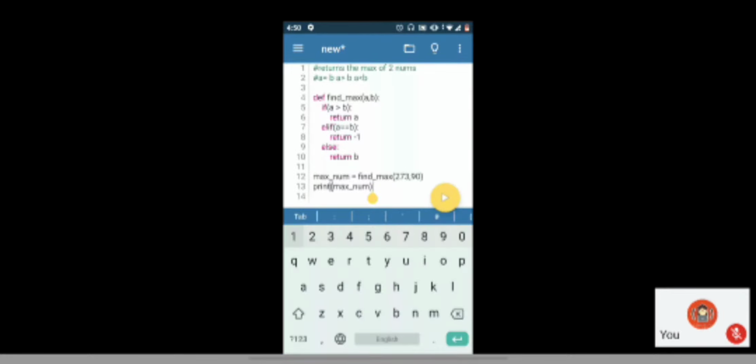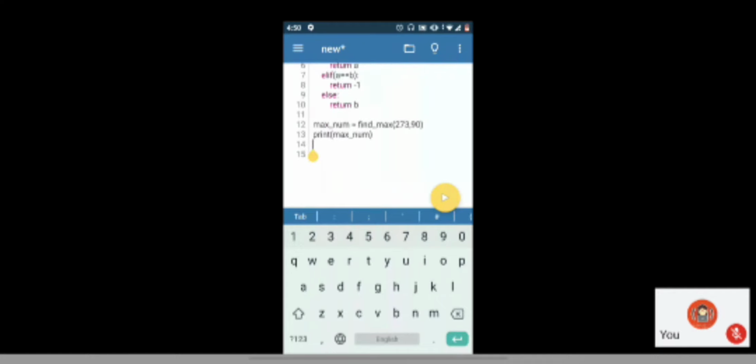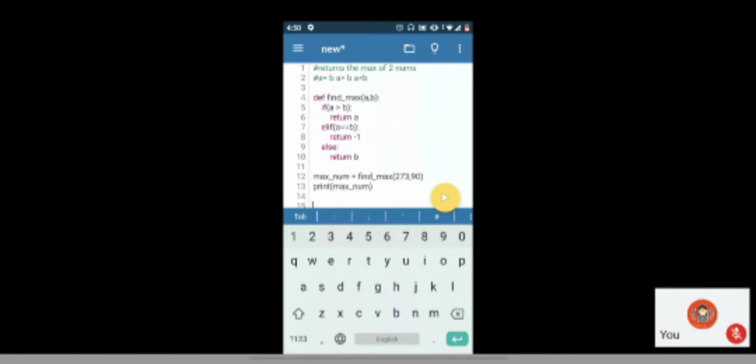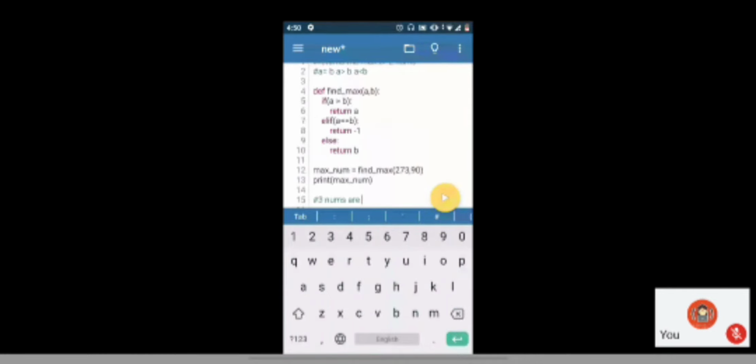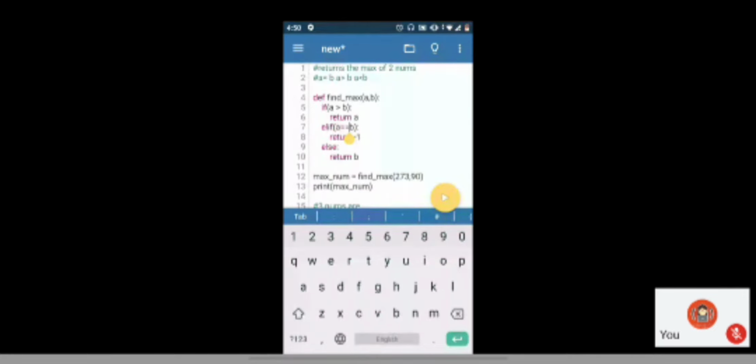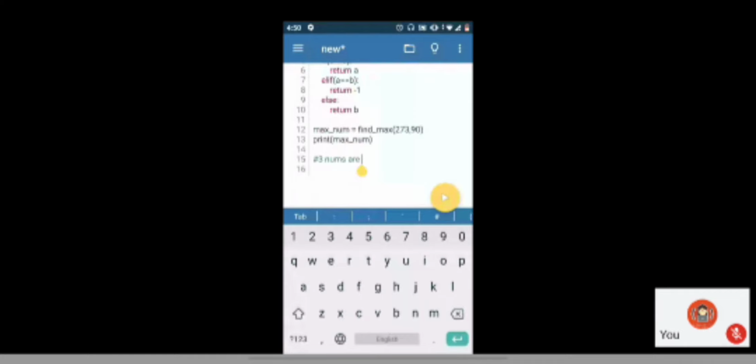Okay, so this is the case where you have 2 numbers. Now, we have to write the same thing for 3 numbers. So let's see how we can check 3 numbers. For now, let's assume that the 3 numbers are distinct, which means there is no is equal to condition here. In the earlier case we checked the is equal to condition because A could be equal to B. But now let's assume that A, B and C are all distinct, so we don't have to check the is equal to condition.